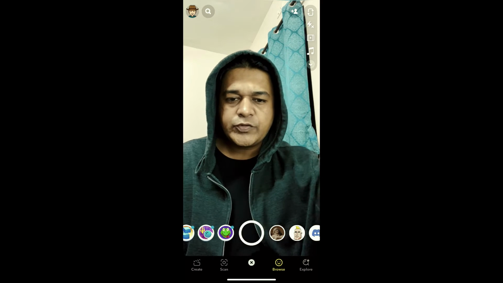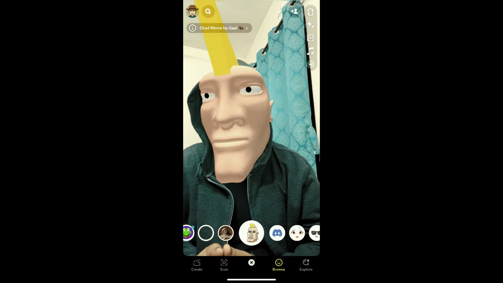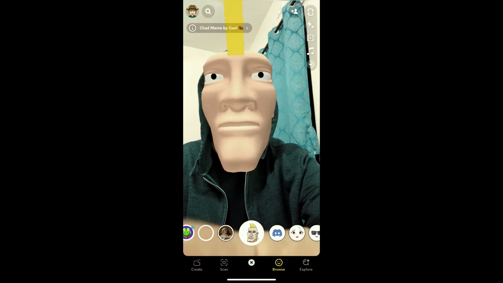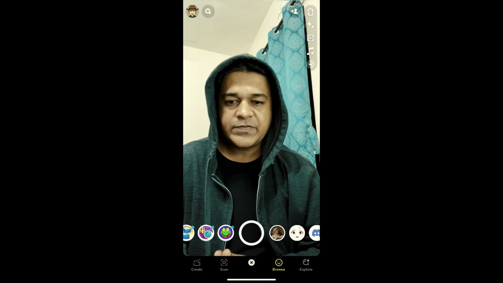Hey guys, what's up? So in this quick video, I'm going to show you how you can get this chart filter on Snapchat. So this is the filter. Let me remove this first. Okay, the effect is gone. To get this effect on Snapchat, what you have to do,